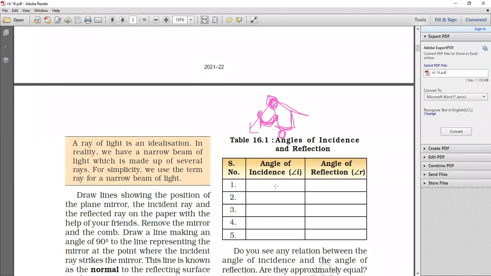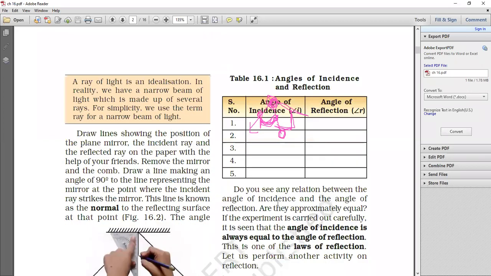देखिए law of reflection में हमने two things read करी है. First thing, the incident ray, जिस medium से enter होगी उसी medium में reflect होगी. Okay, then the angle of incidence and angle of reflection are always equal. Okay, now we move to a